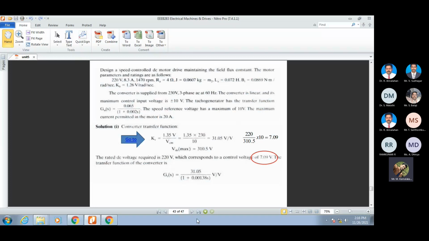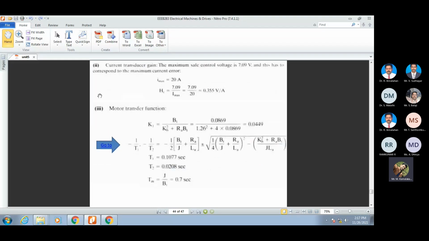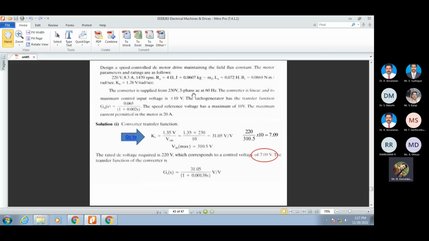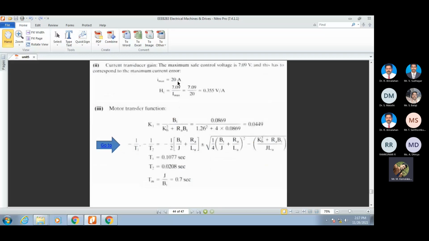After estimating these values and substituting, you get the time constant of the converter. So whatever formula and derivation we have derived, we are applying to a real-time problem of the specific case they have given. This is how the converter is designed. Whatever the application and the value we need, we may go for the design of the converter. After designing the converter, we can go for a current control loop and the motor transfer functions also. The maximum current given is 20 ampere; they have mentioned the current permitted in the motor is 20 ampere.